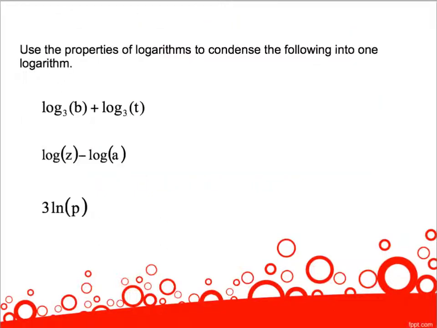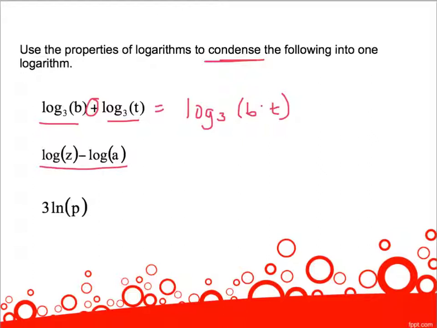Now we're going to take a few minutes and go backwards, and we're going to condense these into one logarithm. So we have multiple logarithms we're going to condense down to one. Look at our first problem. Notice that we have an addition between them. Working backwards, that means we need to put these together as a multiplication problem. So this becomes log base 3 of b times t, or just log base 3 of bt. In the second example, we have a subtraction problem. Remember that those go together as division. So it'll be log of